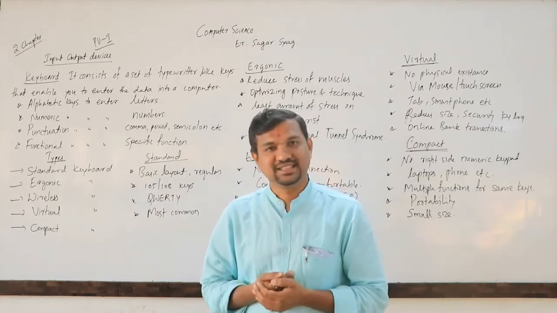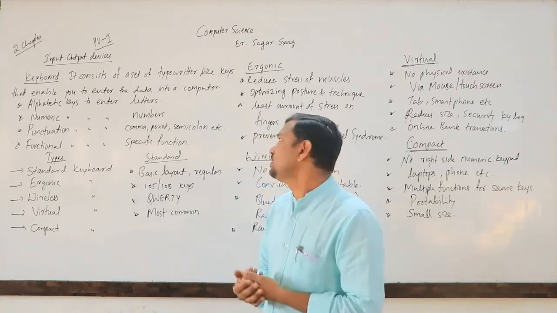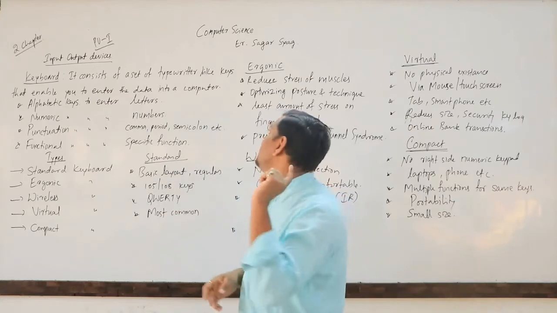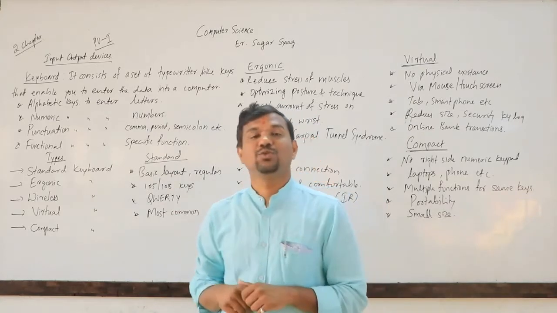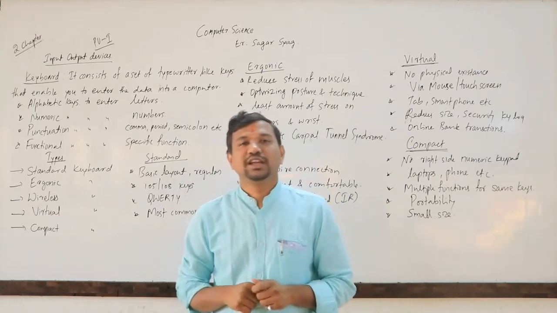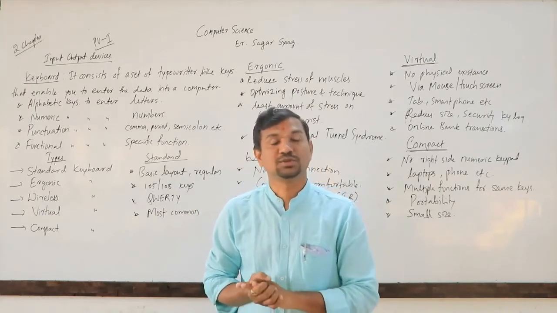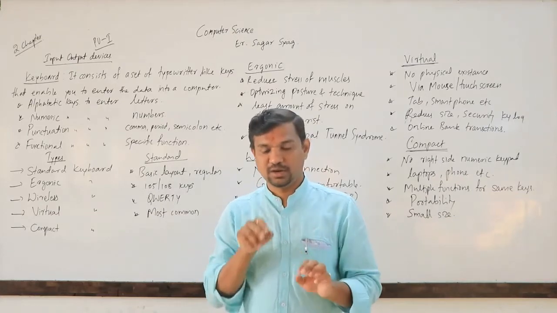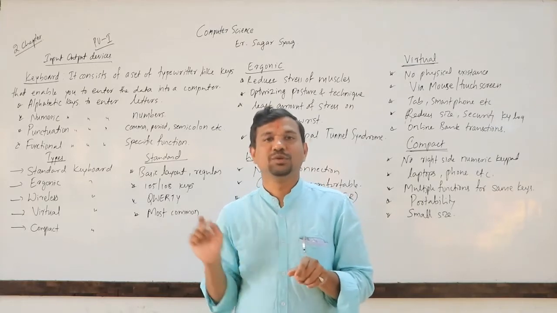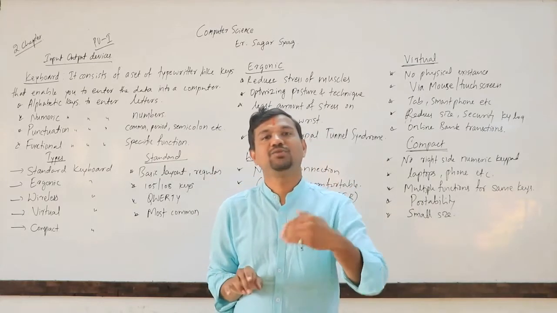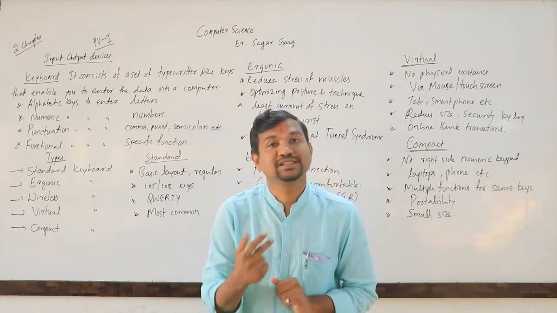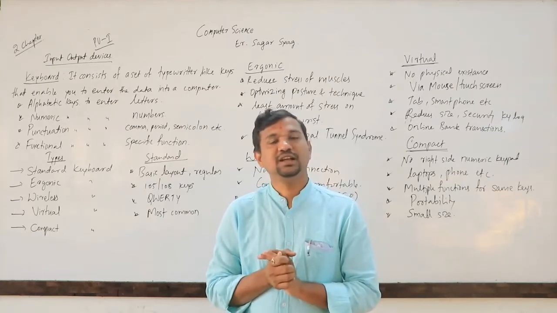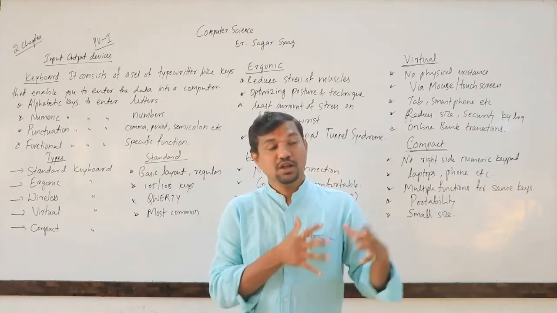First, let us discuss what a keyboard is. A keyboard consists of a set of typewriter like keys. What is a typewriter? In government offices, especially in the courts or the sub-registrar office, you may have seen a system where they type like this, and a printing head prints on the paper. That is called a typewriter. That was the first keyboard type device.